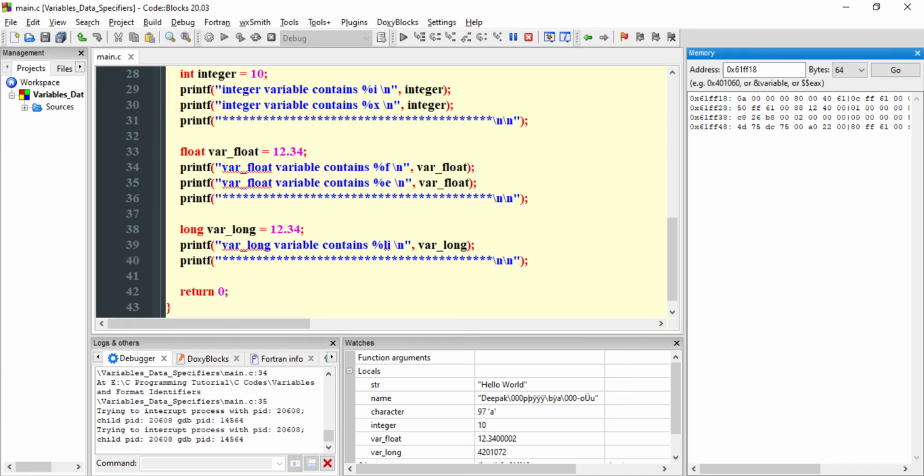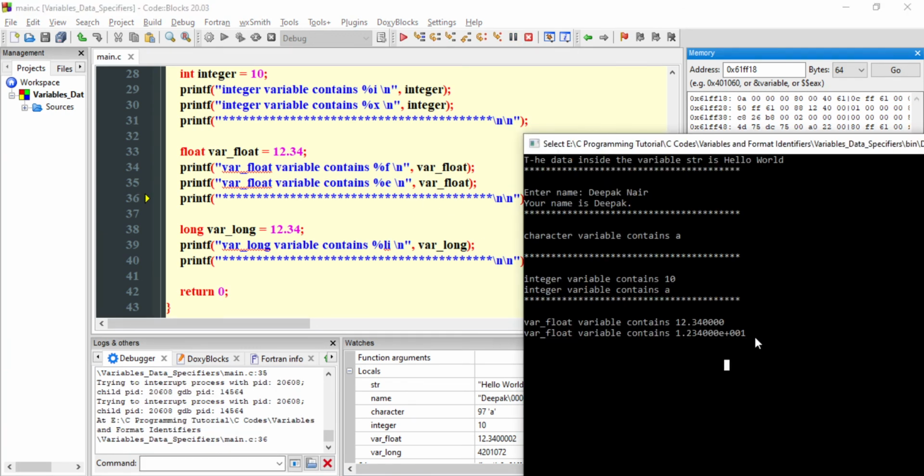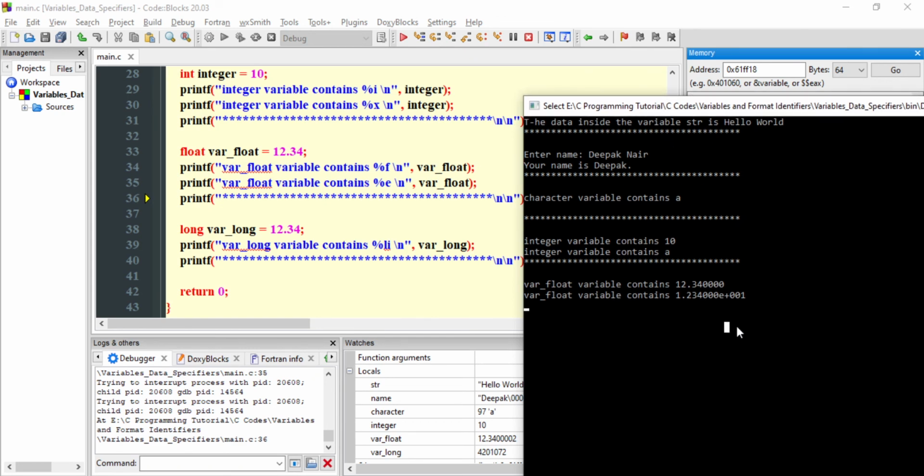For example, here you can see the representation of the same 12.34 is now in exponential form, 1.234000e+01. So this is scientific notation of 12.34.